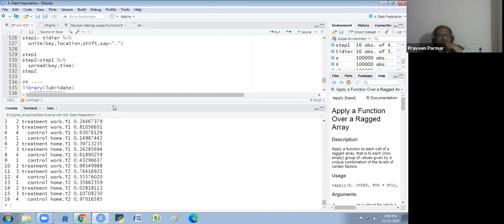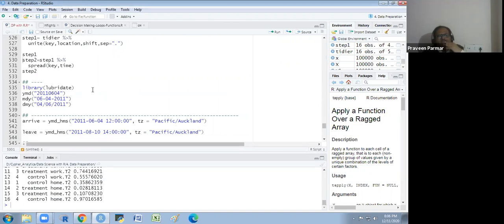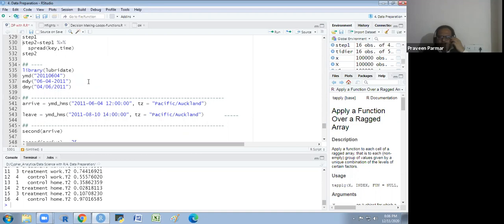Now I will tell you something about the library lubridate, and whenever we have a date, what is the default format of date?